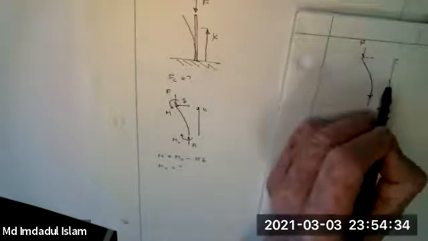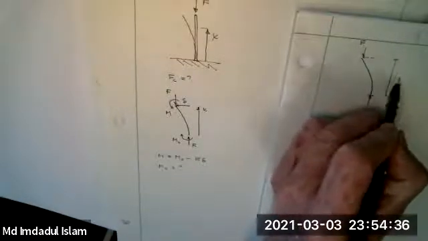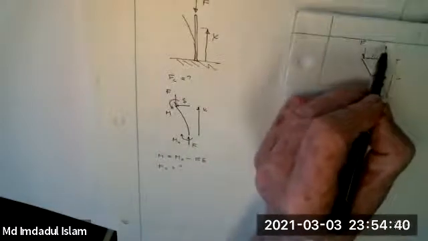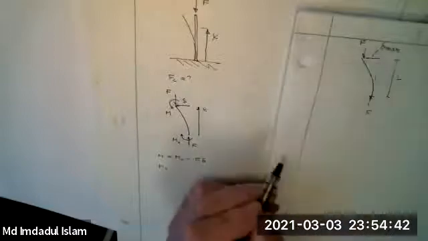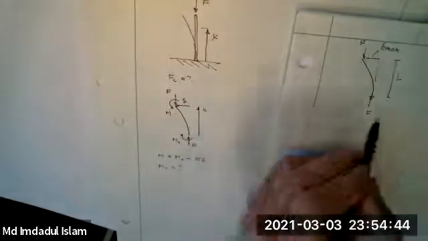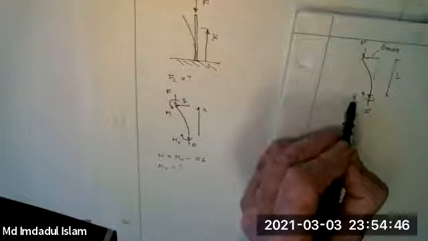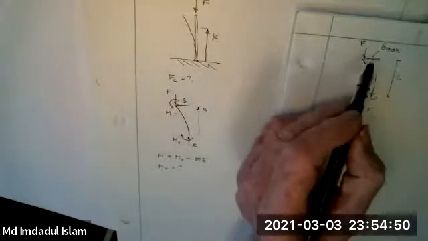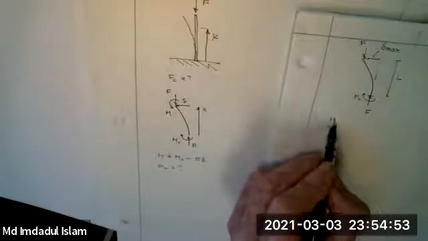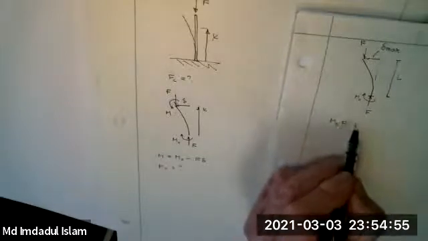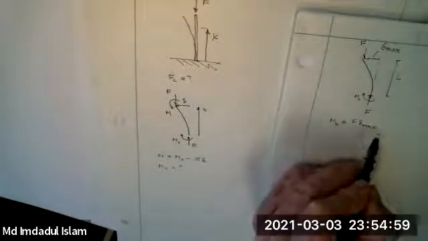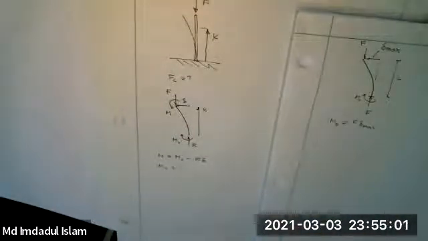This is height L, no longer X, L. And let's call this deflection delta max. That's the biggest deflection. So I take moments about here, M naught is equal to F delta max. So then M